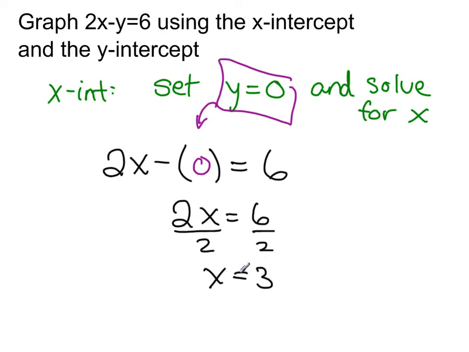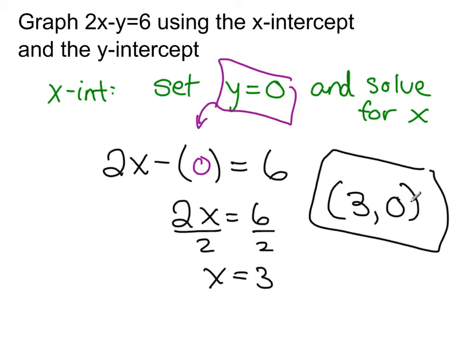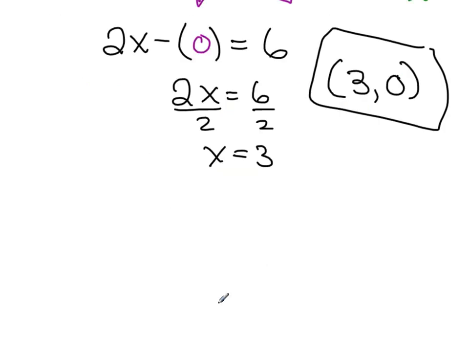So the x-intercept is the ordered pair 3, 0. And you have to write it as an ordered pair. It doesn't make sense otherwise. An x-intercept is a point. Now that was just the x-intercept. So let's go ahead and find the y-intercept,